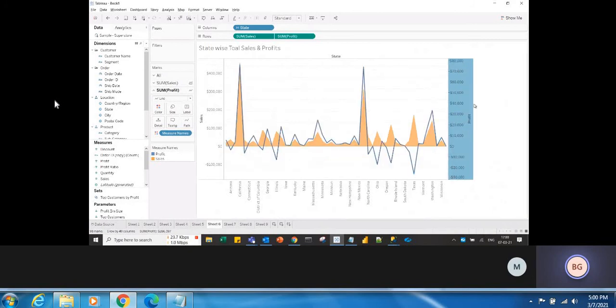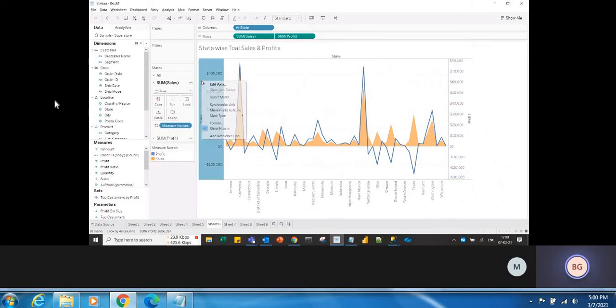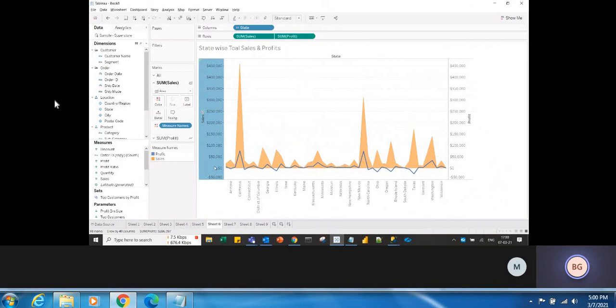See, now it is showing 30,000, 20,000, 10,000, 0, and 10,000, 20,000, 30,000, right? Here it is showing in lakhs. If you want to synchronize here, you can do that with Synchronize Axis. Still it is showing 50,000, 1 lakh, 1 lakh 50,000. That means it will synchronize in a better way. It is not synchronizing profit with sales or sales with profit. Both will get synchronized. It doesn't make a difference whether I select sales or profit to synchronize.